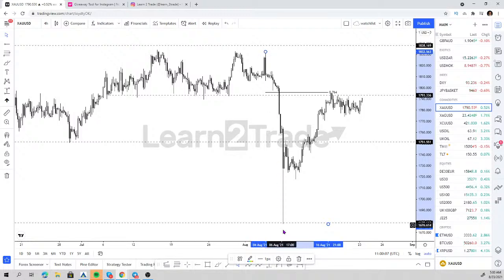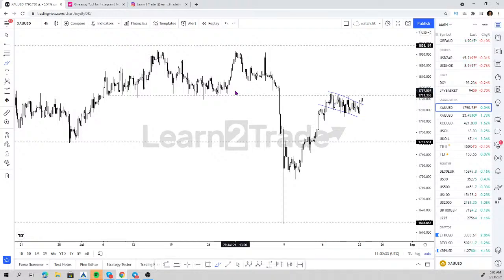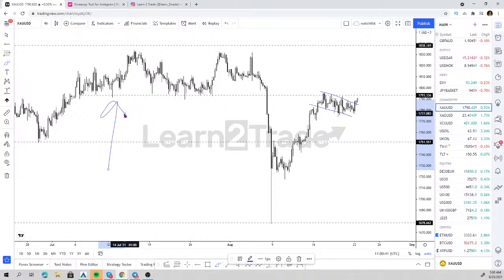76.4%, I'm sorry, of that flash crash, right? Now, whilst doing that, we can see that gold is trading inside of a bullish flag, right? This is a no trade chop market, very unprofitable to trade during this chop market. And more so because we are very close to this massive base. So if you remember, this is the level that buyers were holding, and of course this is a level where we're going to see a lot of sell orders.